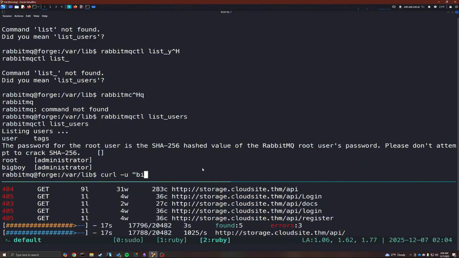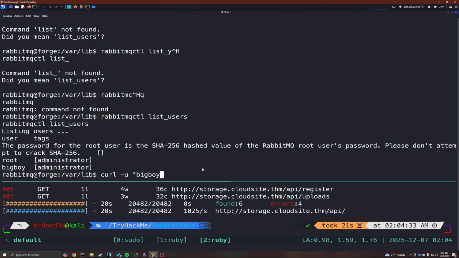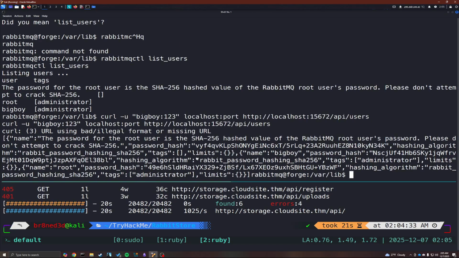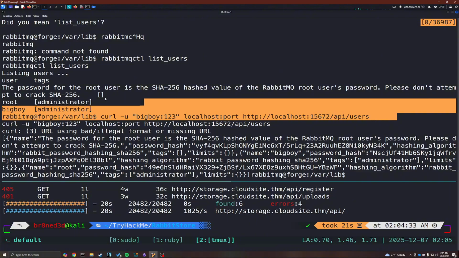Oh, I shouldn't have made a character with a space in it. I didn't. Big boy. What the hell did I even set the password to? Oh, 1, 2, 3. 1, 2, 3. So, this guy. What in the world? Okay. I can't say I would have known that, but